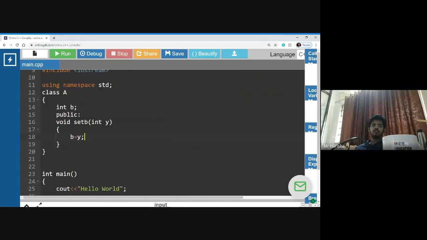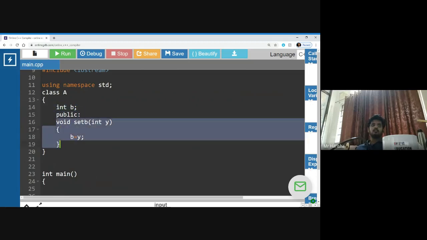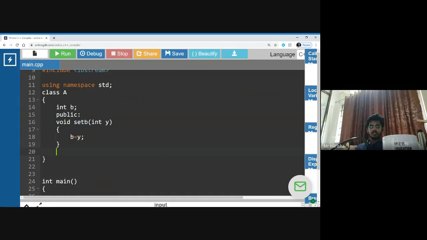If I repeat, I have just written one class. Since I am using an online compiler, a few of the lines are already suggested. Inside class A you can find variable B, and under the public access specifier I have written one function to set the value of B. I also need to print the value of B, so I will write the function get B. I don't want to print inside this function, so I will print inside the main program.